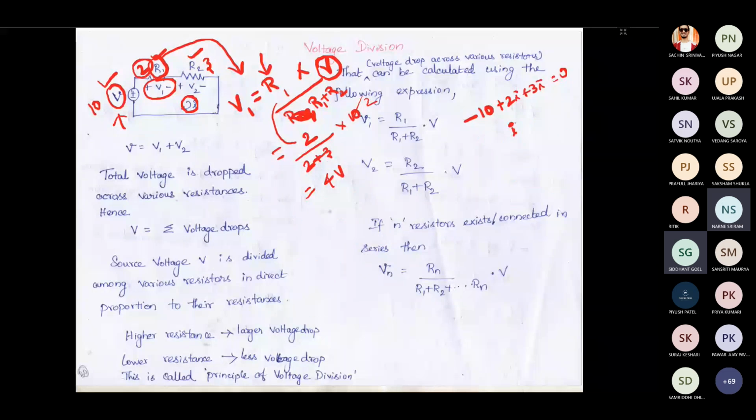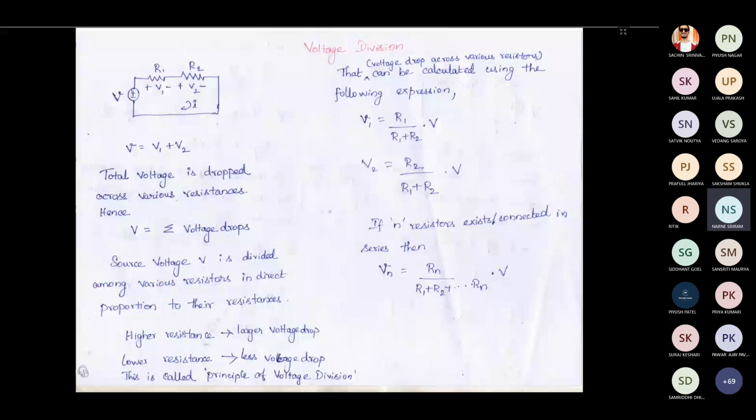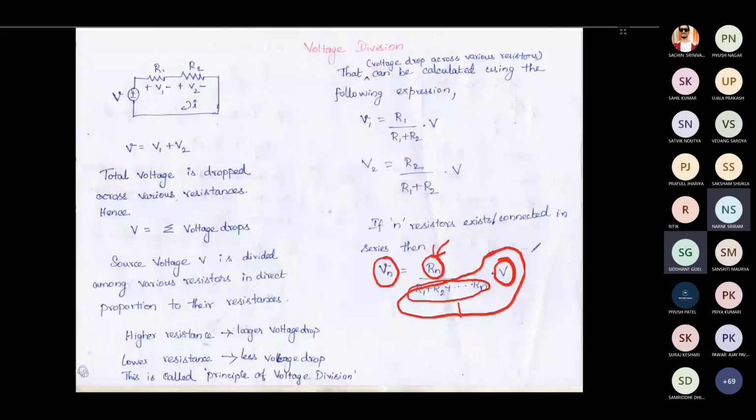Similarly, if you want to find the voltage across some particular element, let's say the nth resistor, that is given by Rn, and the voltage is given by Vn. This is the nth resistor for which you want to find the voltage. Here it is the overall voltage V, and here this is the equivalent resistance. V divided by this equivalent resistance gives the current. Then Rn is the respective resistance value for which you want to find the voltage. So this is your voltage across that respective element.